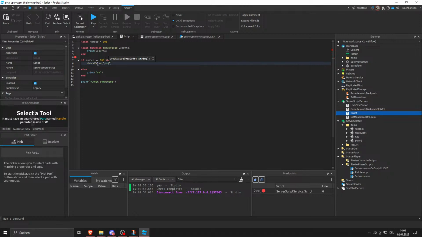Now the reason I'm doing it like this is just to show you what step over does as opposed to step into. In a real game, never do this. Just use a print statement. It's not worth it to make functions as simple as these, right? So if I play the game right now,